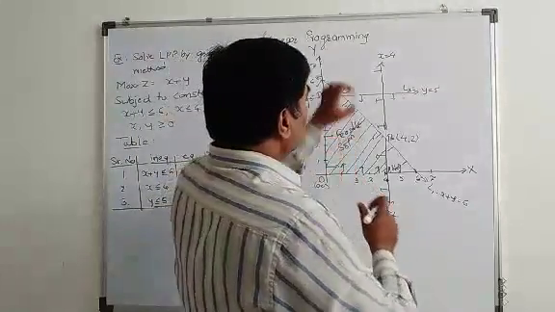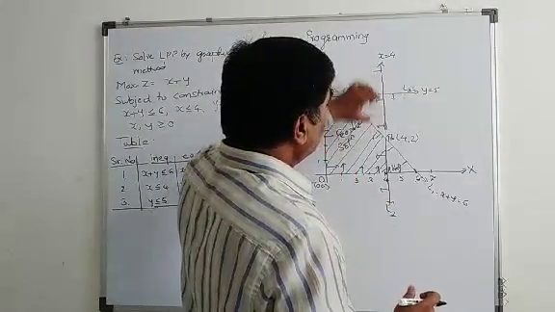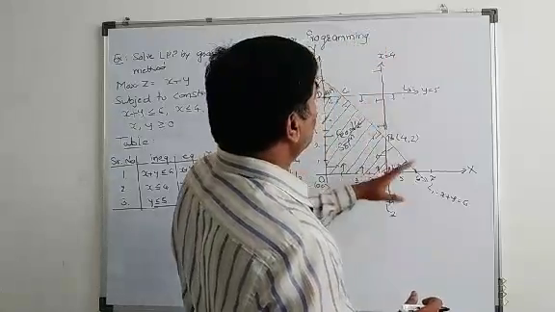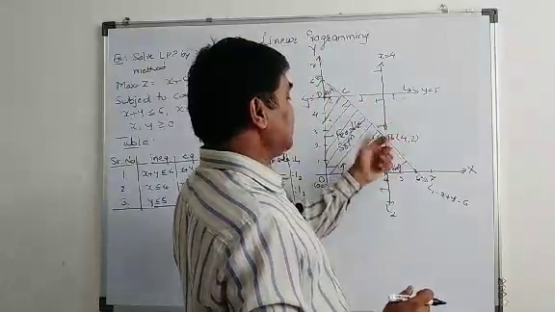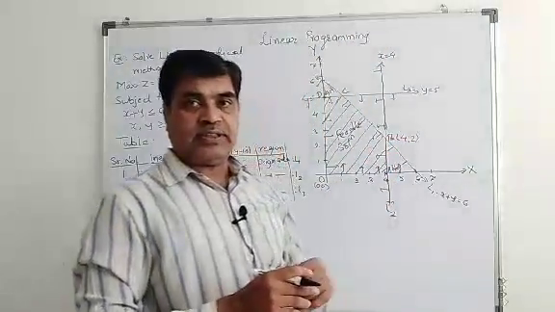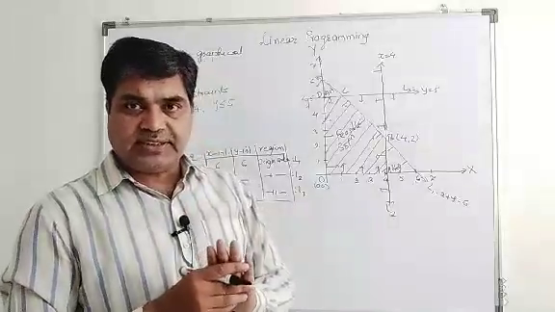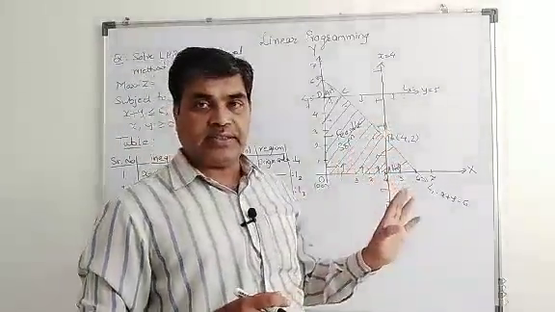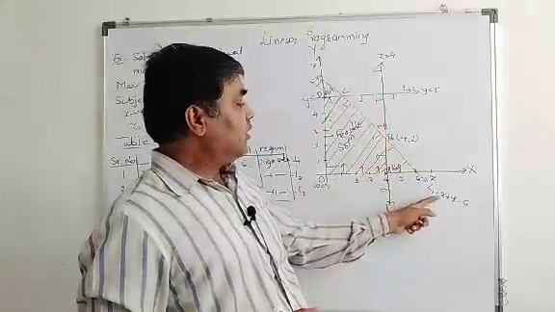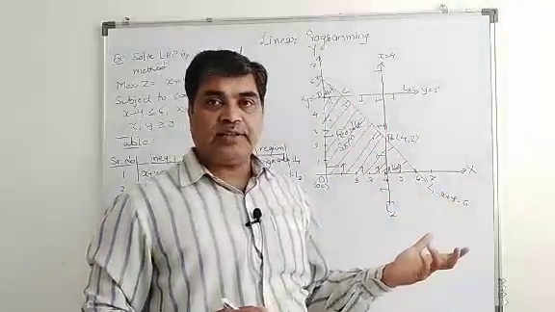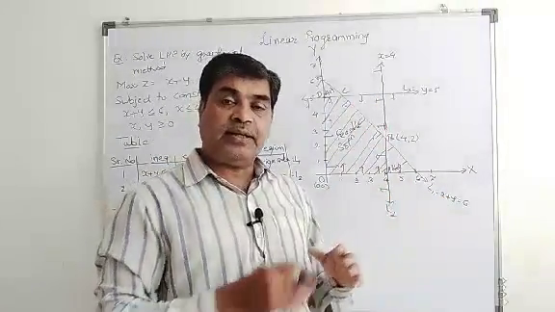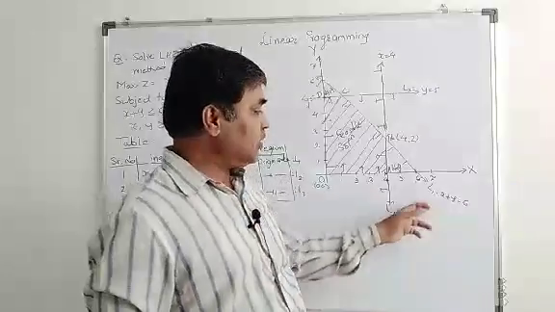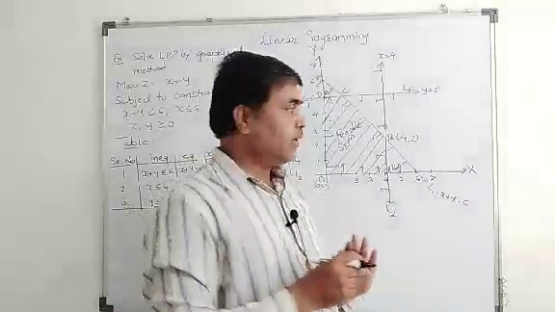If instead of x equal to 4 some slanted line is given there, then its equation is of the type ax plus by less than or equal to c, say. In that case we have to solve those two equations simultaneously. Here we are getting either the x or y coordinate directly, so we'll take that value directly and then substituting that value in the other equation, we'll get the other variable's value.